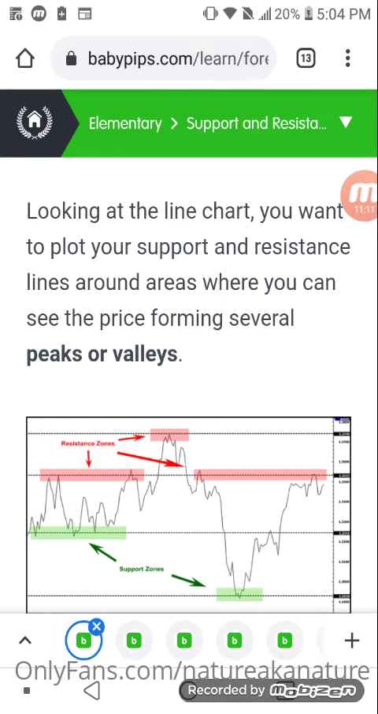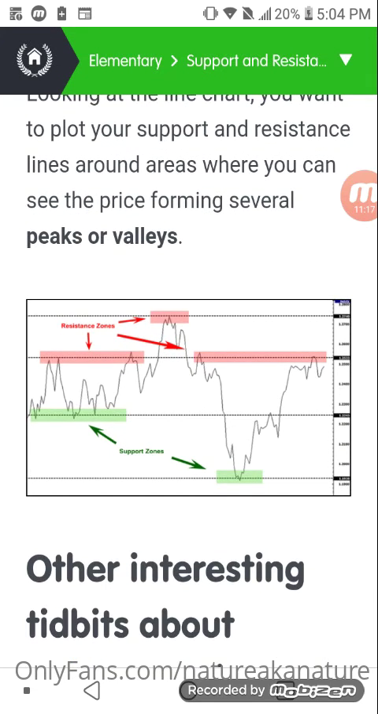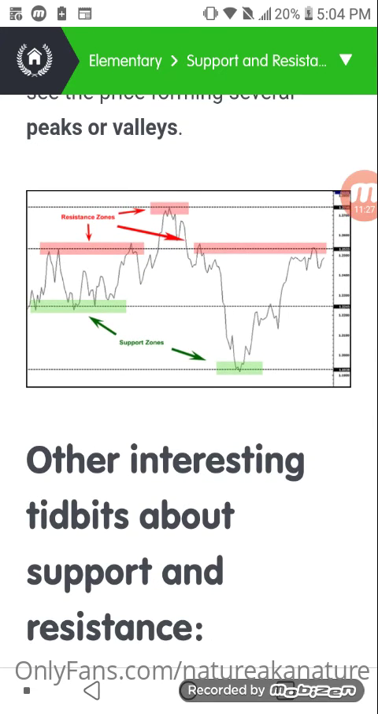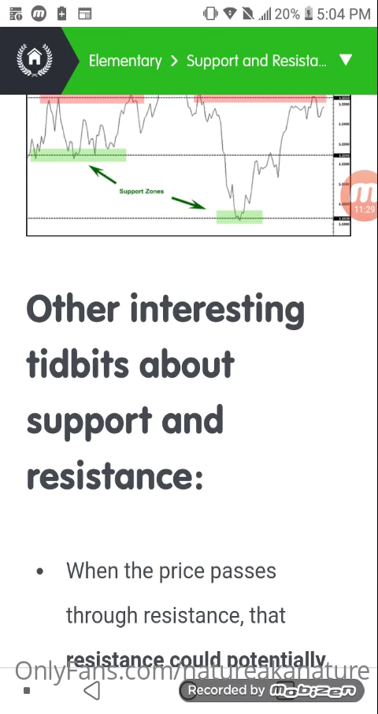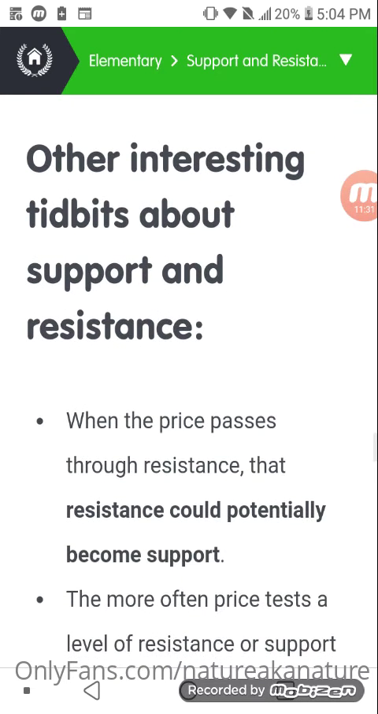support and resistance areas on a line chart or a Japanese candlestick chart. So this is resistance, it's the highest point zones, and support is the lowest point zones that price went to before heading back up. So other than that, other intersecting supports and resistance, things that you need to know is